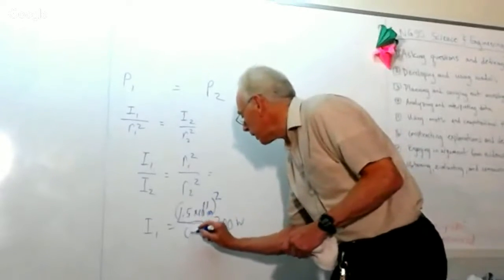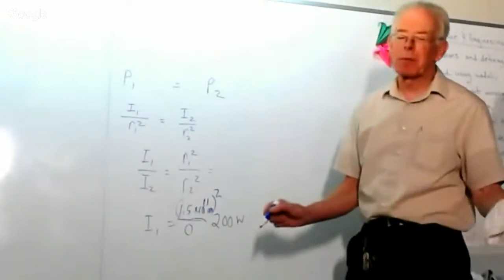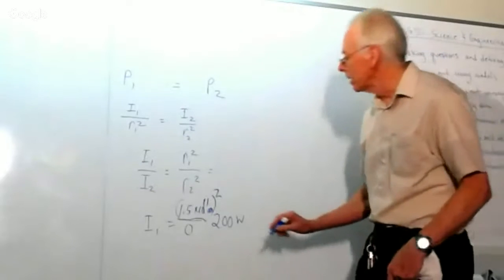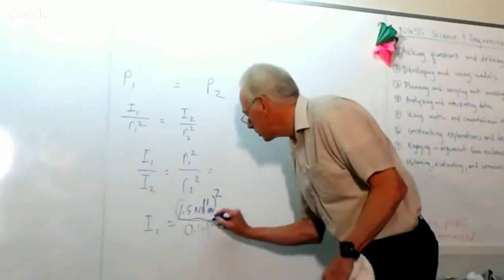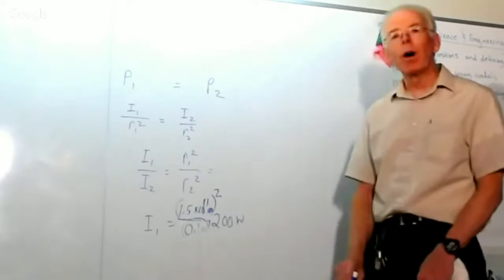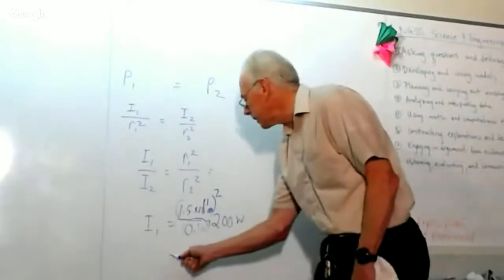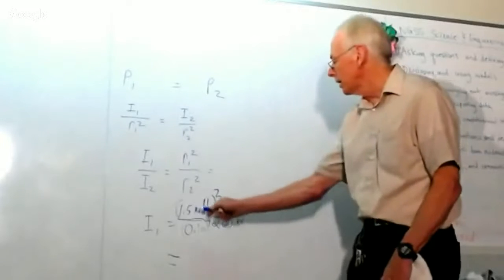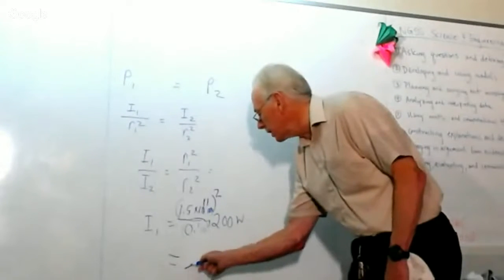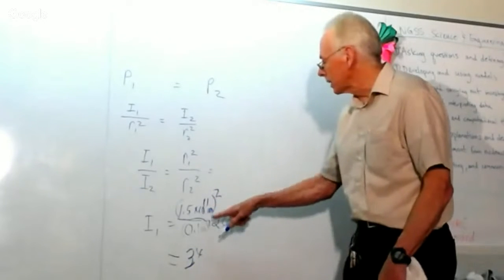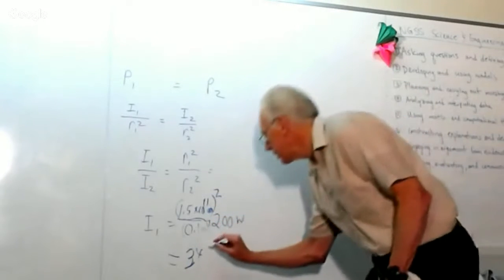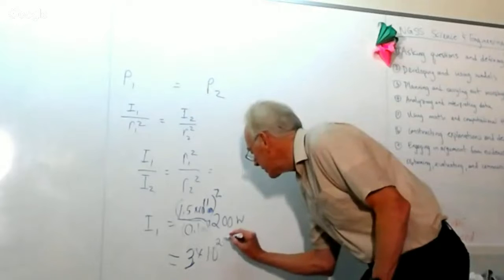I know it was 8 centimeters, but I'm going to round it off and use 10 just so I can do it in my head. So that's 0.1 meters squared times 200 watts. And that gets me an estimated power of the sun of 3 times 10 to the 22nd, 10 to the 24th, 10 to the 26th